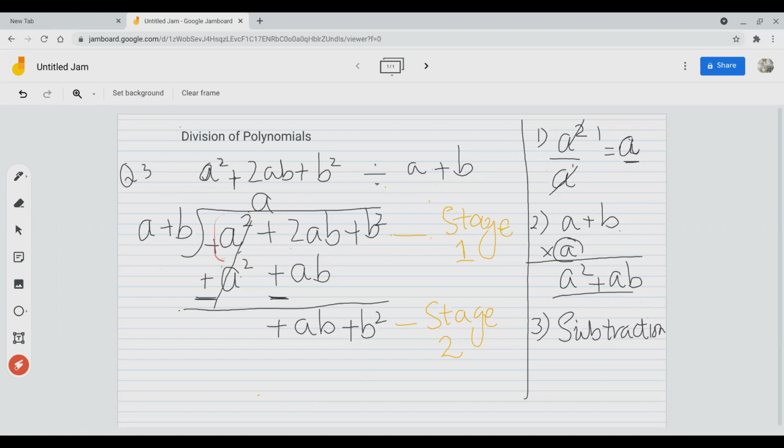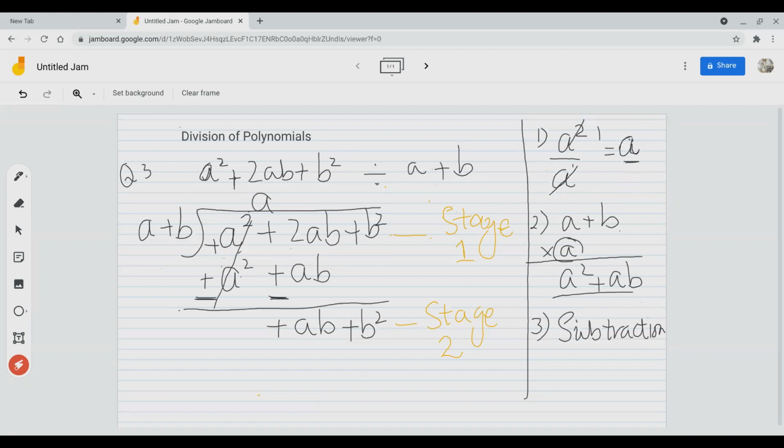A square: take this one and divide, because we are dividing. When we divide, we subtract the exponents, the powers, or in other words, we cancel. A to the power 1 here is cancelled by A square. You get only A to the power 1. If we write A power 1 or write A, it has the same meaning.